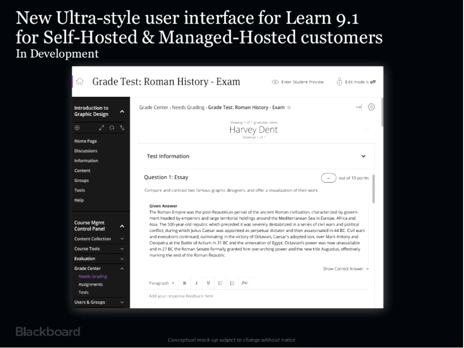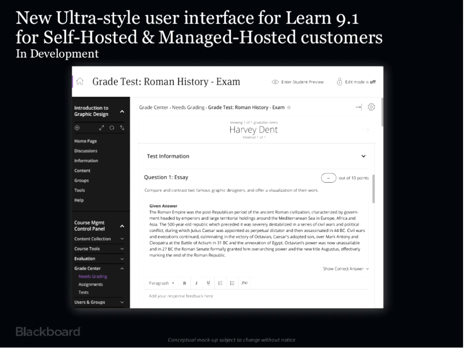So the next section is really new information. Many of you may not have seen some of this or heard too much about this yet. But one of our key areas of focus for Blackboard Learn 9.1 in 2016 is development work that has already started to bring some of the experiences that we've been developing in our Collaborate Ultra, our BB Student app, which is also inspired by Ultra,